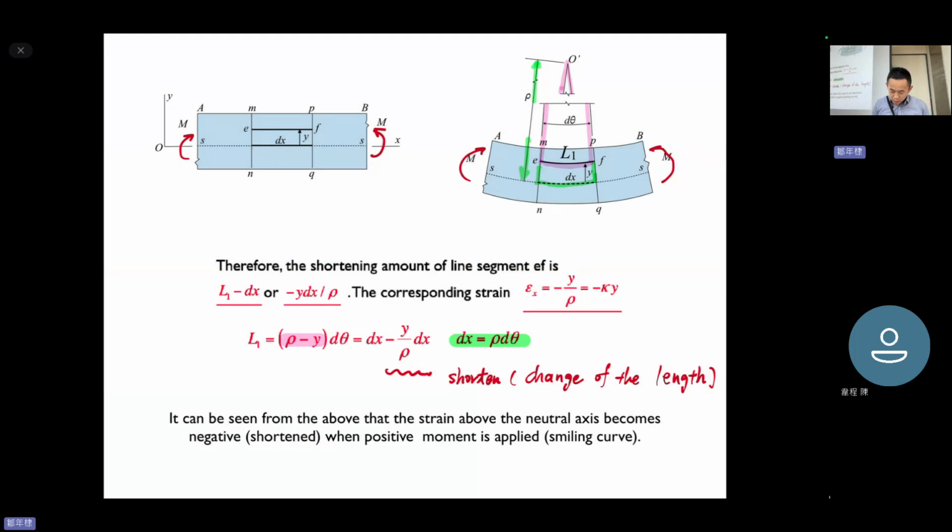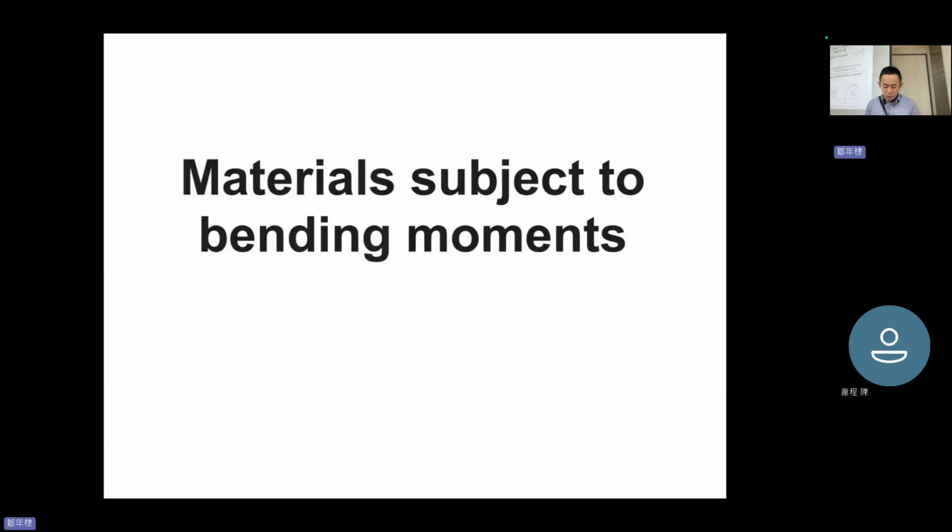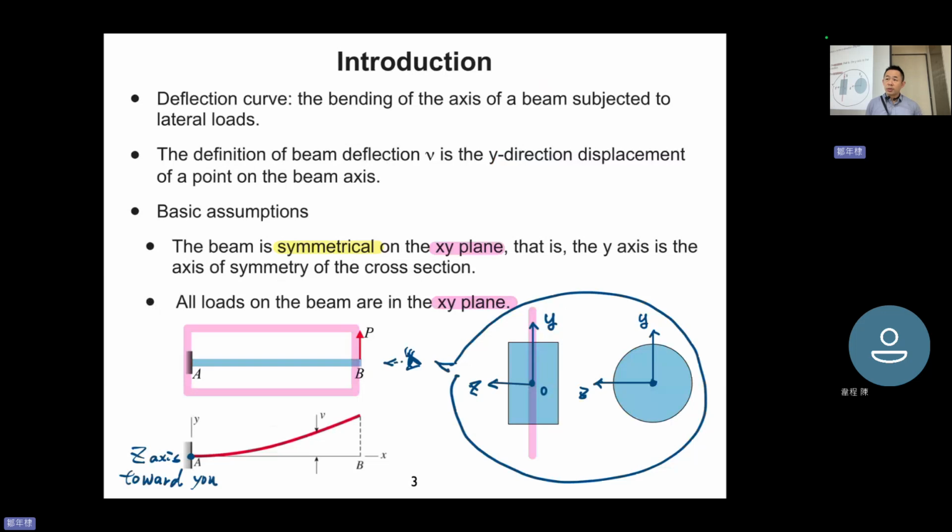Right, so let's continue our lecture. Yesterday, we officially entered chapter 5, right? Chapter 5 is really difficult. The reason why we're going to talk about chapter 5 is that we're going to understand or determine the stress in the material subjected to bending. Okay. So, the first thing I want to tell you is that we have